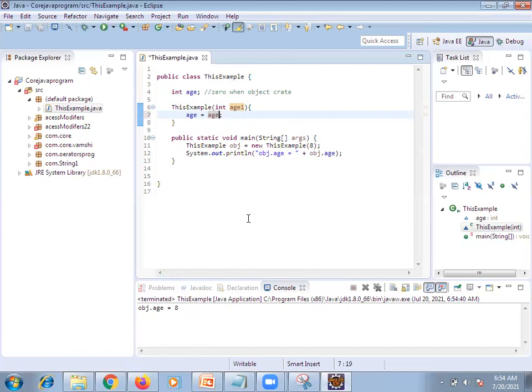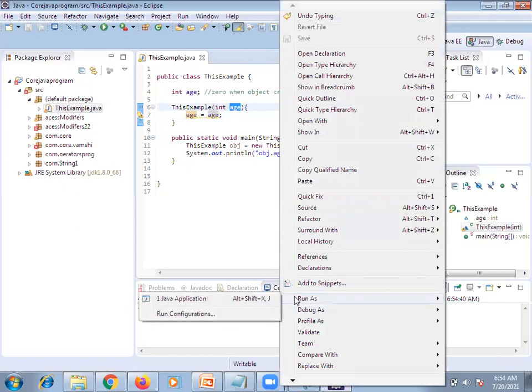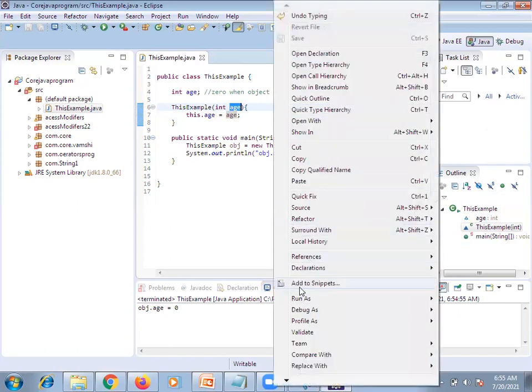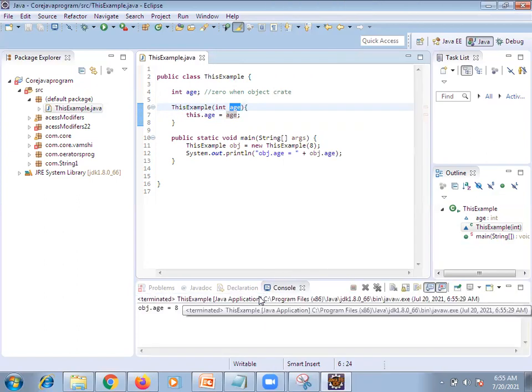It means that whenever you pass the same name as the variable, your compiler is not able to understand which variable I need to consider. So by default, what is it considering? The instance creation variable. You are getting? Now what I want to say is, you are going to tell your compiler, this is the object where this is the instance variable, and this is the parameter passed variable. Now take this example, right click, run as Java application. What is the output?